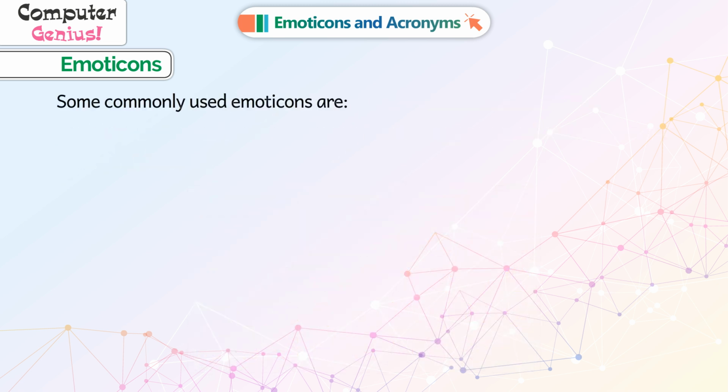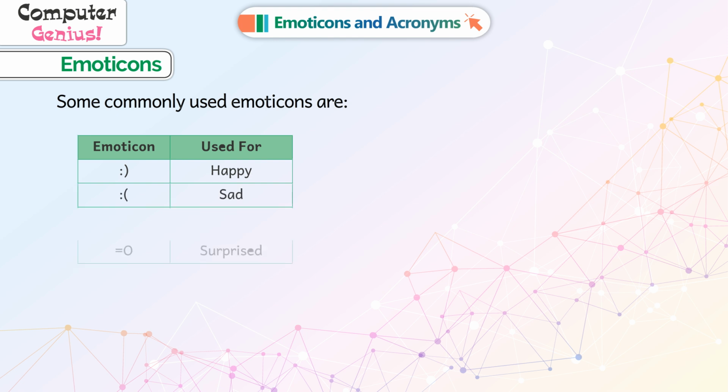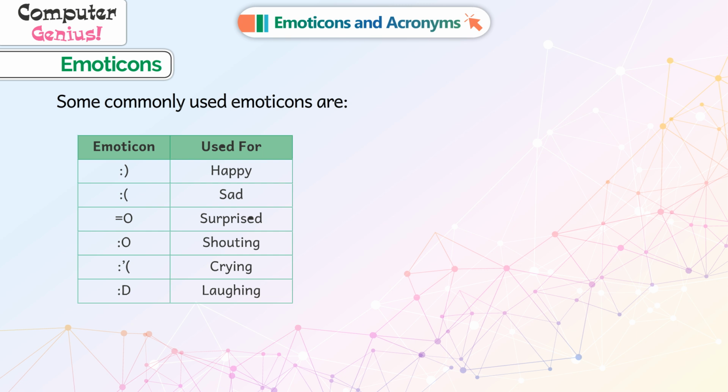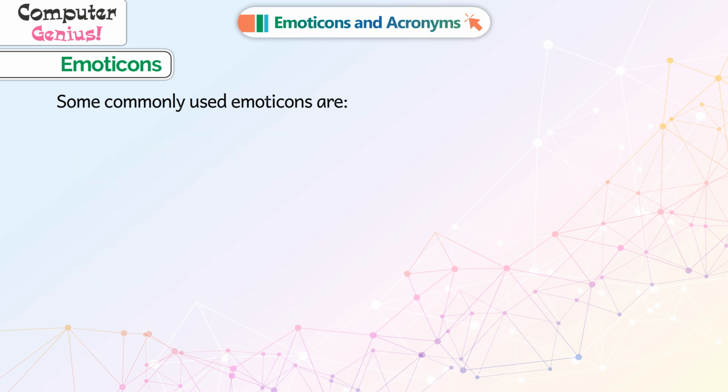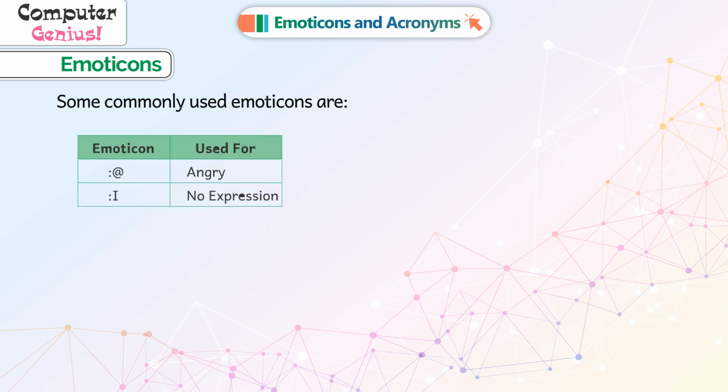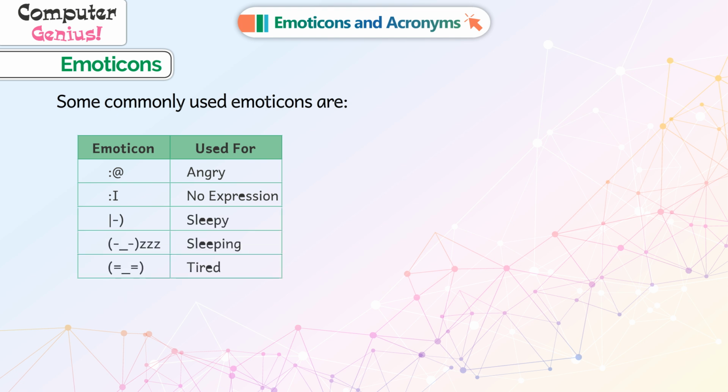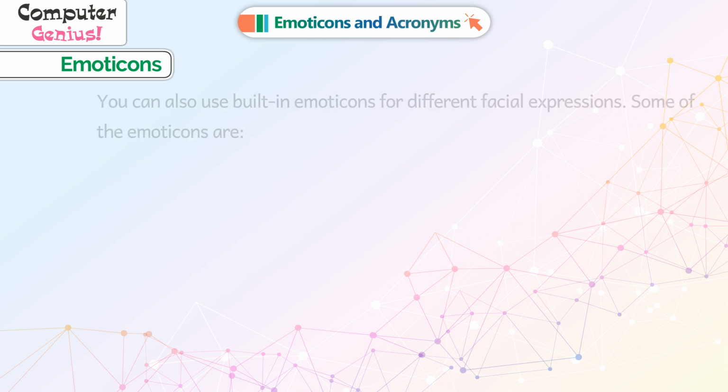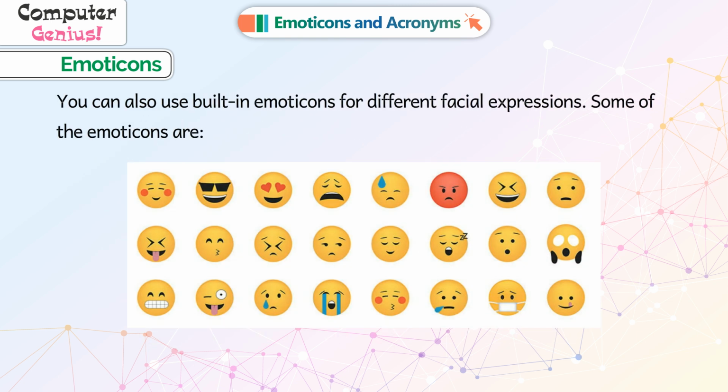Some commonly used emoticons are emoticons used for happy, sad, surprised, shouting, crying, laughing, very happy, angry, no expression, sleepy, sleeping, tired, embarrassed. You can also use built-in emoticons for different facial expressions. Some of the emoticons are